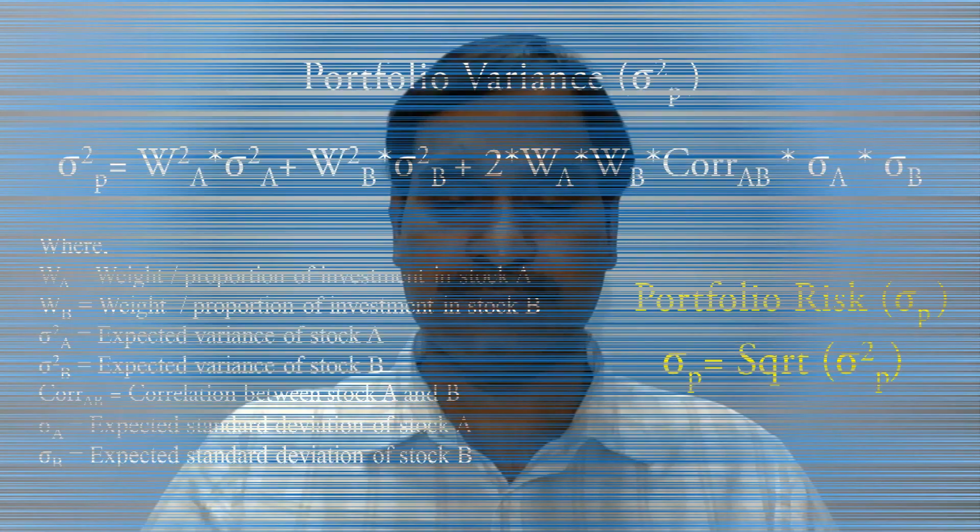In this video, I'll show you how to calculate portfolio variance and portfolio standard deviation using a different equation. We use the correlation between two variables and the standard deviation of individual securities to calculate the portfolio variance and portfolio standard deviation. In my previous video, I showed you how to calculate them using the covariance between two variables and the variance of individual stocks. Now I show you how to do it using correlation as well as the standard deviation of individual securities.